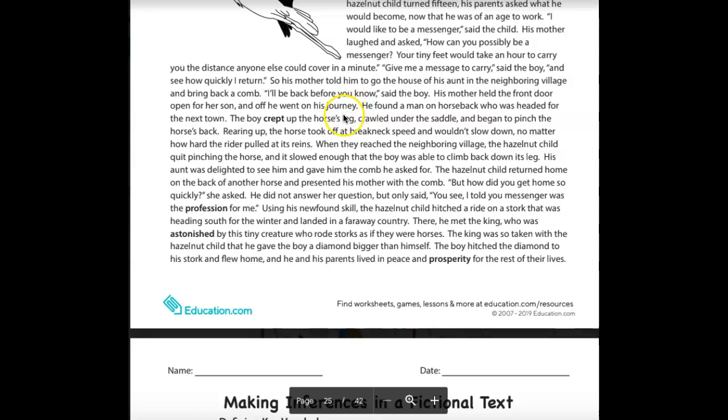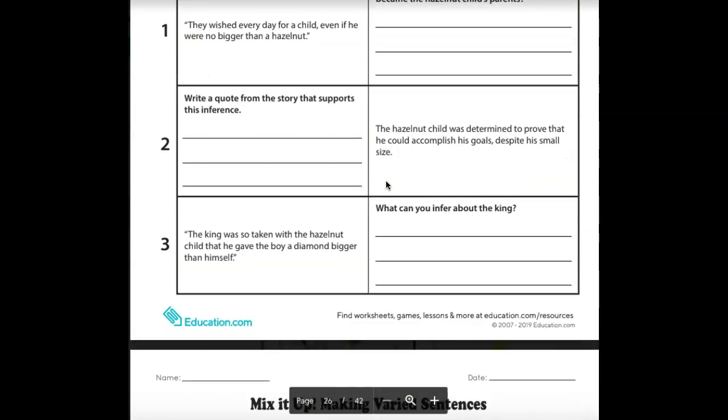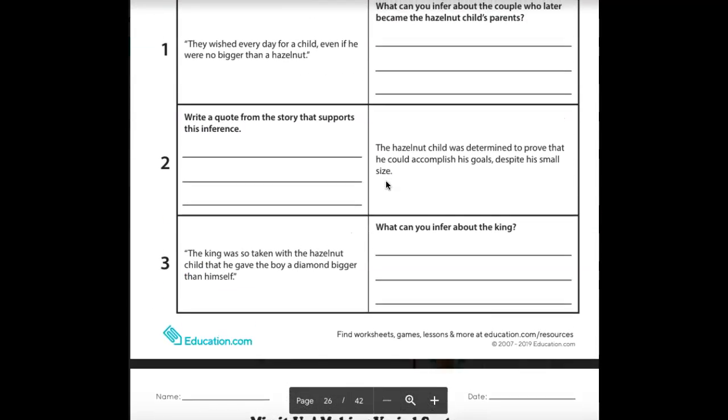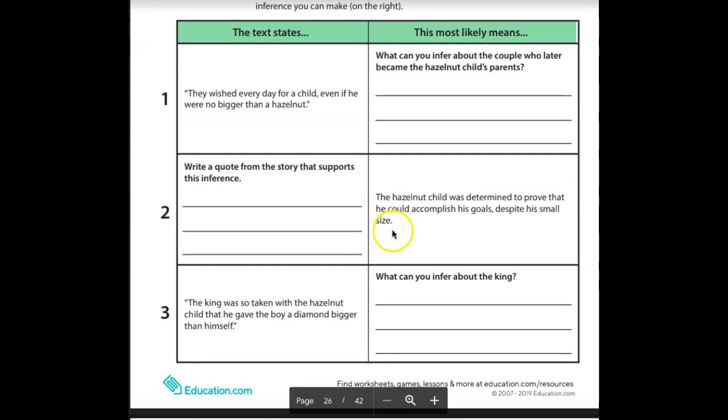Okay, so he is determined. He's very bright and determined to show that he is going to be able to be a messenger. He has very unique and creative ways of getting those messages around, doesn't he? So write that quote there that we just talked about, where you think that he's determined to prove that he